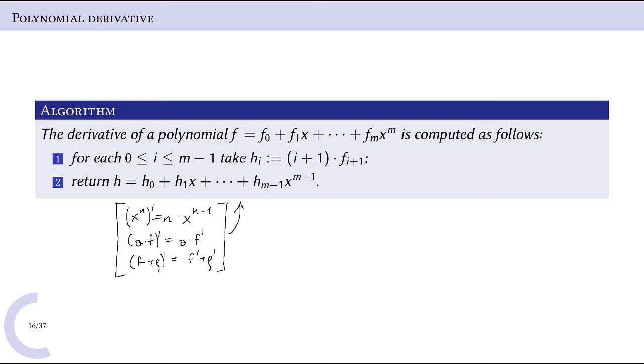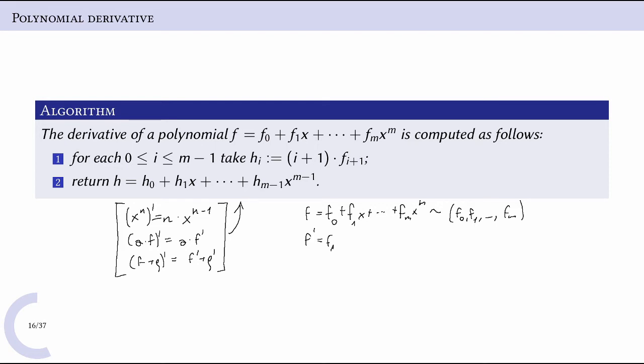For each term we apply the second property, so the derivative of f_i x to the i power is i times f_i x to the i minus 1 power. So all in all, if we have this polynomial, we compute that. So if f is f0 plus f1 x plus up to fm x to the m-th power, which is represented as a sequence of coefficients f0, f1 up to fm, then its derivative